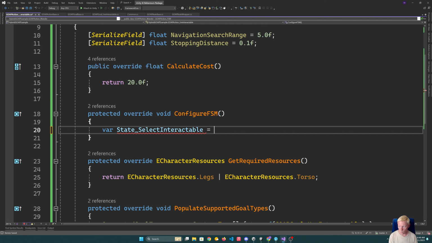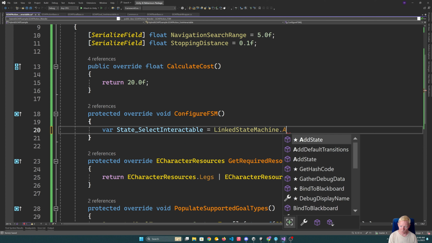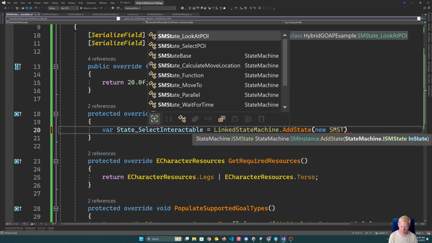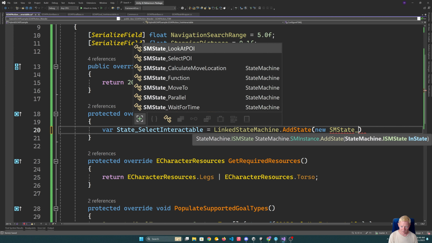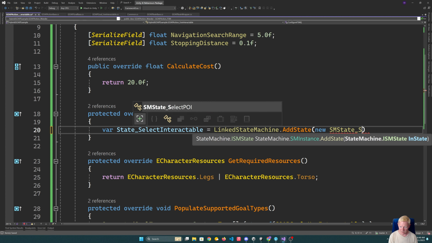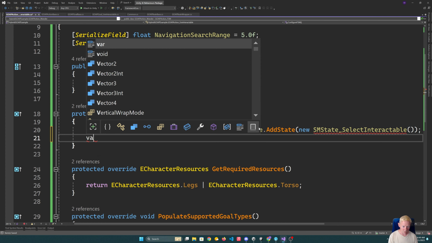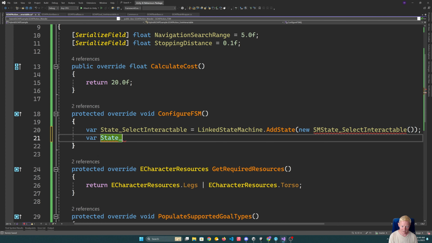Now, with this, we don't have a state currently that can already do this. So I'm going to have a new SM state, and we'll have a select interactable. We're going to have a state then for getting the navigable location to move to. So get interactable